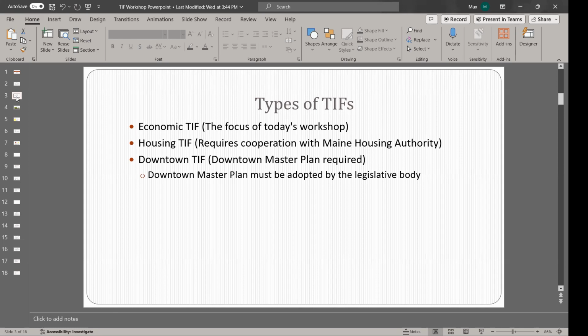Any questions? Yeah, Mike. Can you have two downtown TIFs, two separate ones, created at different times? Huh, two downtown TIFs, that's interesting. Each side of the road. I believe the answer is yes, as long as you're not double dipping. As long as you don't have one parcel that is the main reason you created the TIF, and then you decided to create a second downtown TIF that also includes that one.